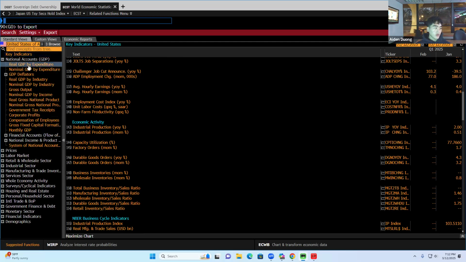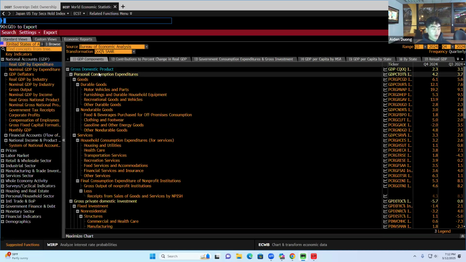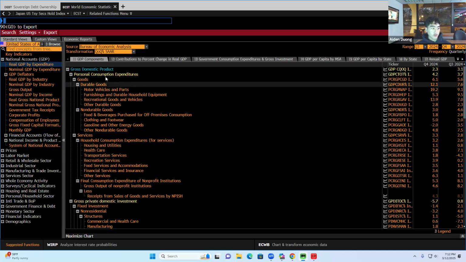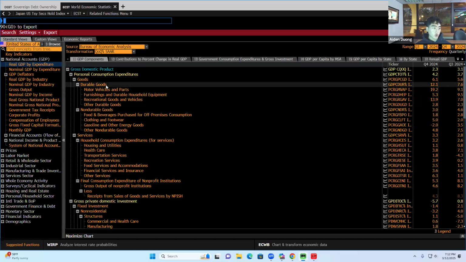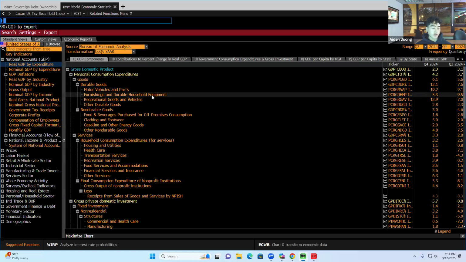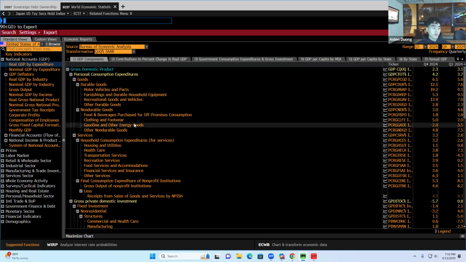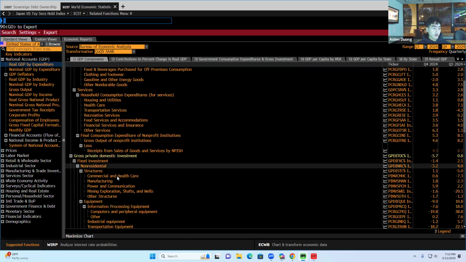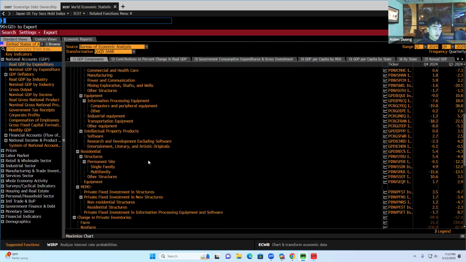I open this one, you can go to real GDP by spending, and then it literally shows you GDP, it breaks it down for you. And the blue is the main one, and then yellow, and then what is within the yellow container. Goods, such as durable goods, things that don't expire as fast, like obvious stuff like cars, furniture, and non-durable, obviously like food and beverages, clothing, gasoline. And then there's services, gross private domestic investments, and then you can look at those, gather